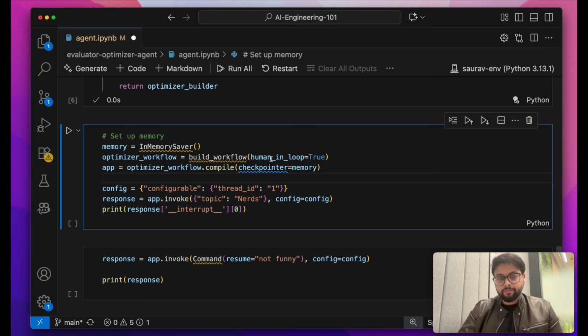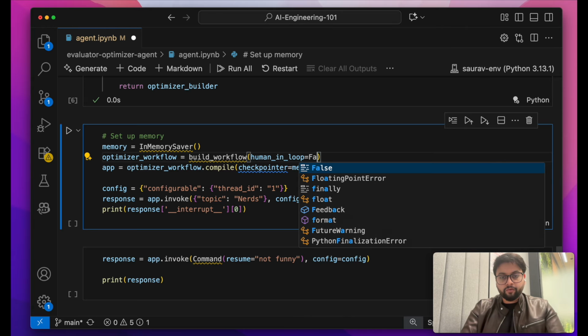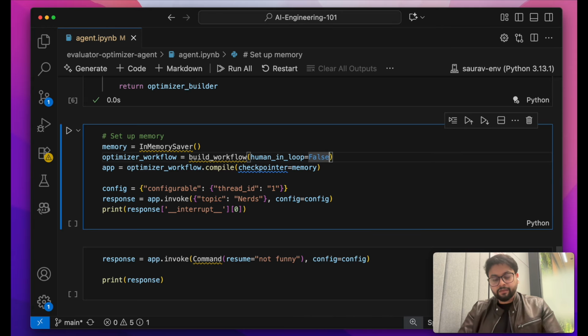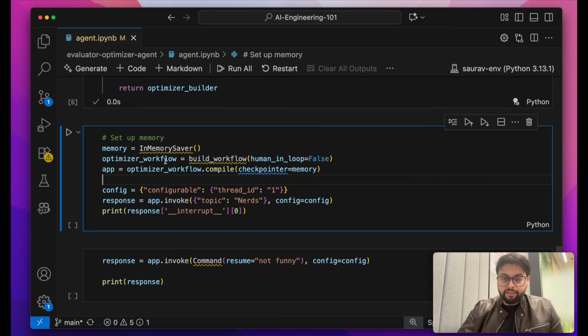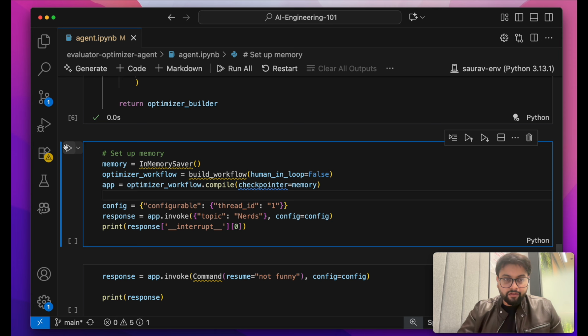So for the first time, I'll disable the human in the loop. So it will not involve human in the loop as an evaluator. It is going to have a large language model as an evaluator. So we don't need to interrupt it here, right? And then the model will try to create a joke, and then it will be judged by the evaluator node. So this is how it looks like. If I run this here,